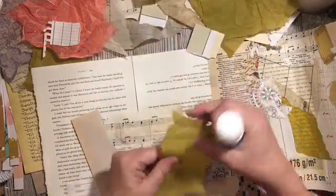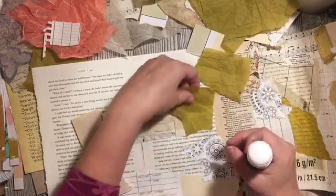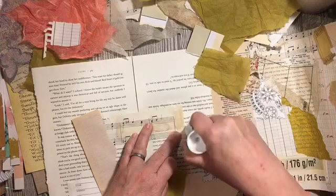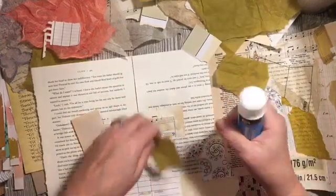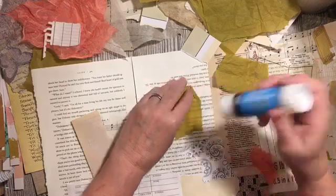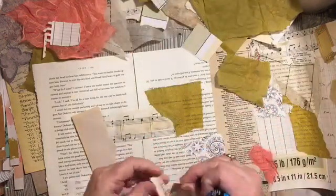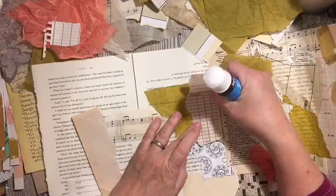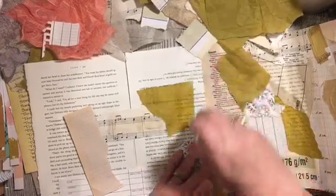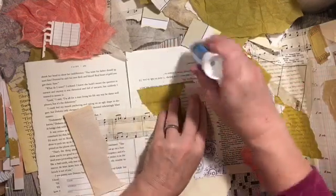You know, I think we need some more of this. I think I'm going to... So do you like putting the glue on your paper or the glue on what you're gluing down? How do you like to collage? I am curious. And do you like straight edges or do you like everything torn? Curious about that too. These are the things I'm noticing as I'm doing this. I'm like, oh, should I tear them more, or is it okay to...